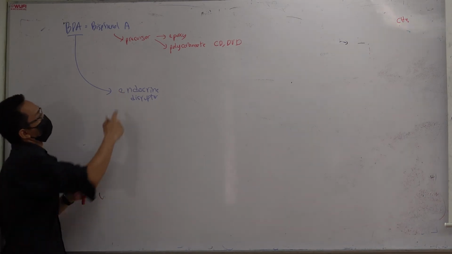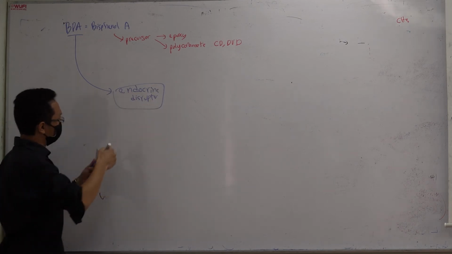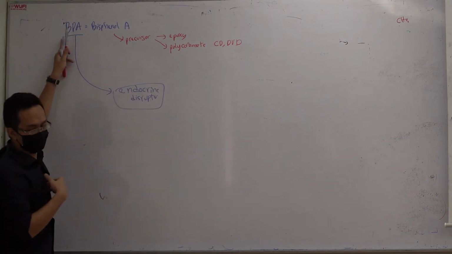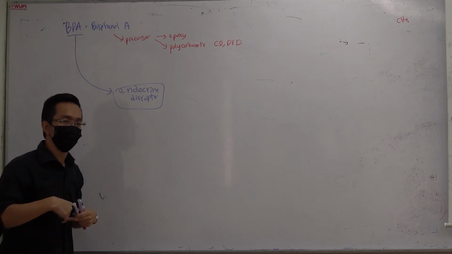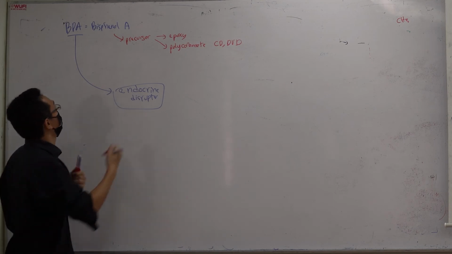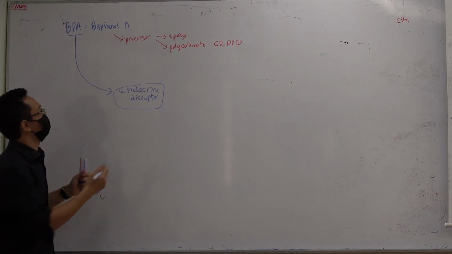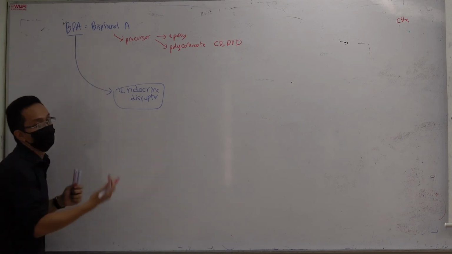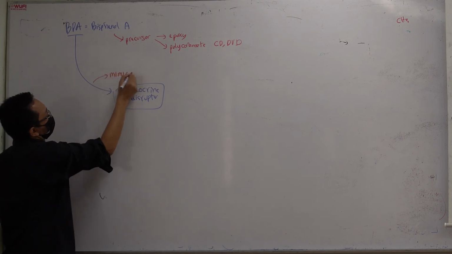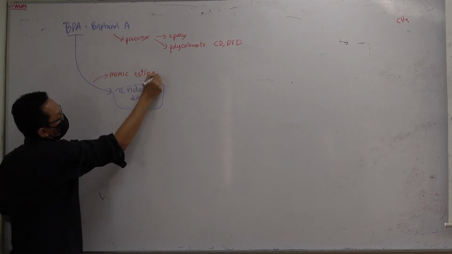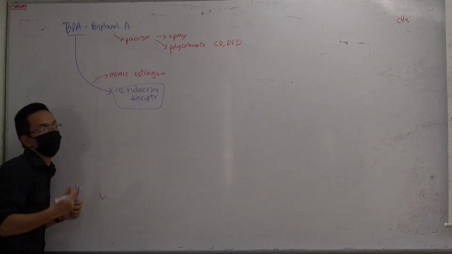So endocrine disruptor here, what does it mean? This BPA, if you ingest it, it will try to mimic the hormone inside your body. They try to camouflage itself like a hormone. It will try to mimic especially the estrogen, the hormone for the female reproductive